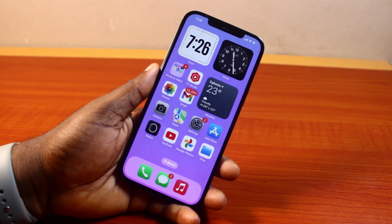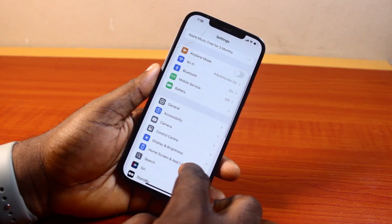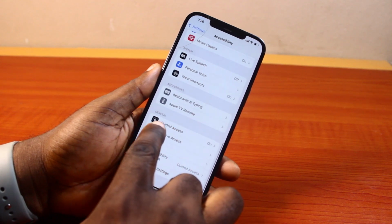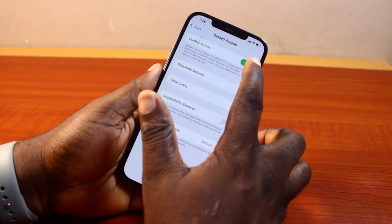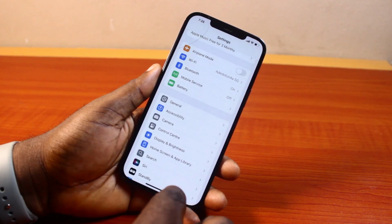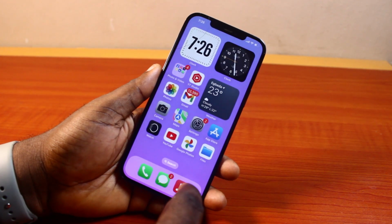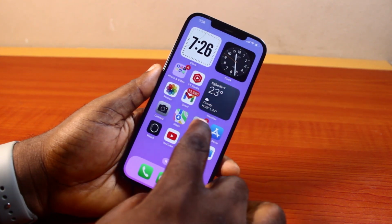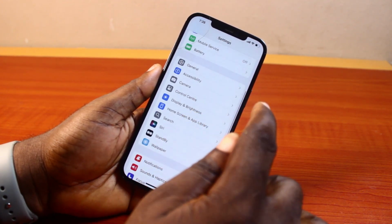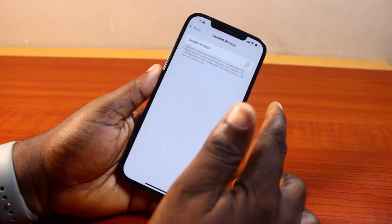First, the first thing you want to do here is this. Go to your iPhone settings, and on the settings page, go to accessibility, scroll down and click on guided access under general and turn off guided access. So once you've turned off guided access, exit the settings page and then swipe up, close the settings. Now go ahead and open the settings application again. Once opened, scroll down again, click on accessibility, scroll down and click on guided access under general, turn on guided